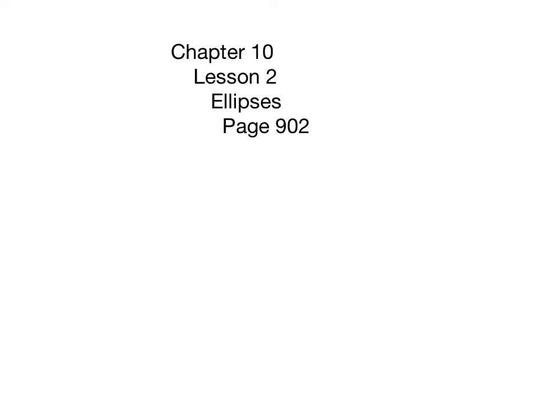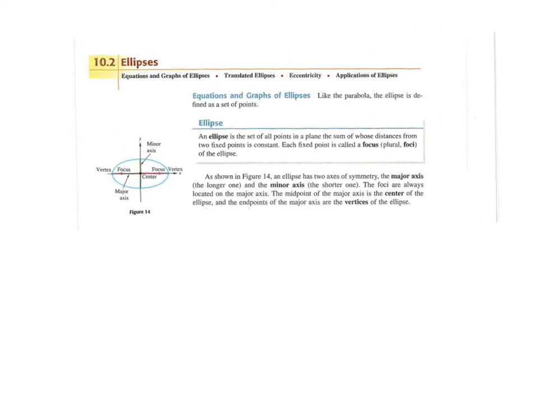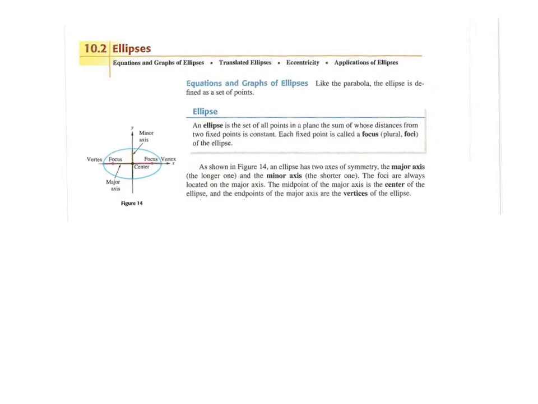This video is going to cover Chapter 10, Lesson 2, and it's going to introduce you to ellipses. So first we're going to define what an ellipse is. And our ellipses, when we go to graph them, sort of look like an oval. So by definition, an ellipse is the set of all points in a plane, the sum of whose distances from